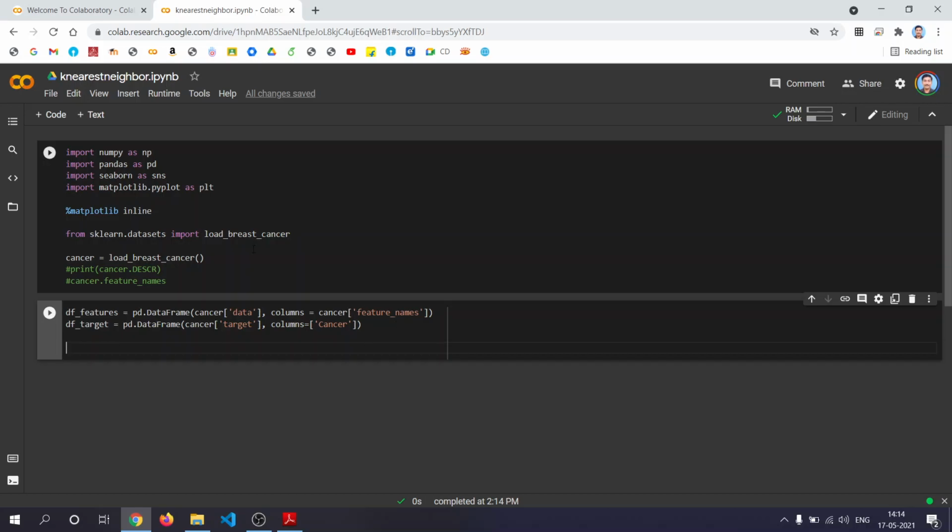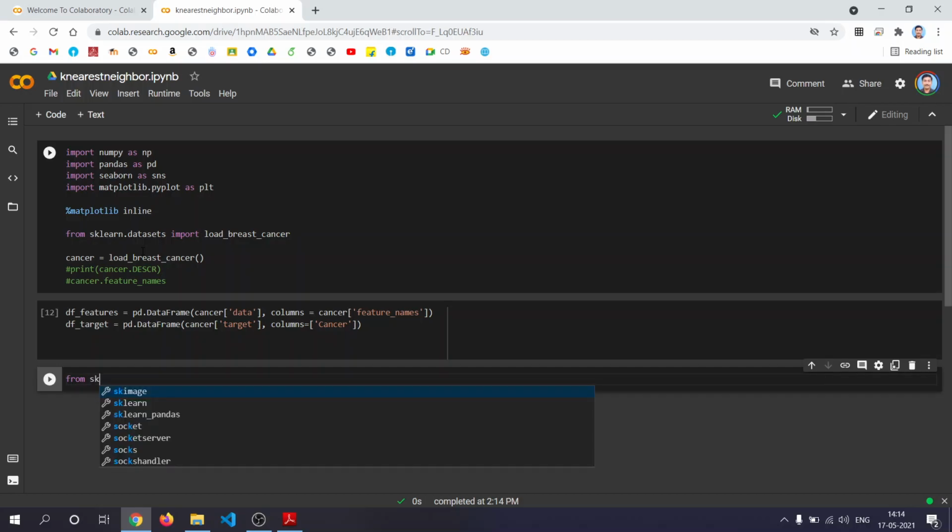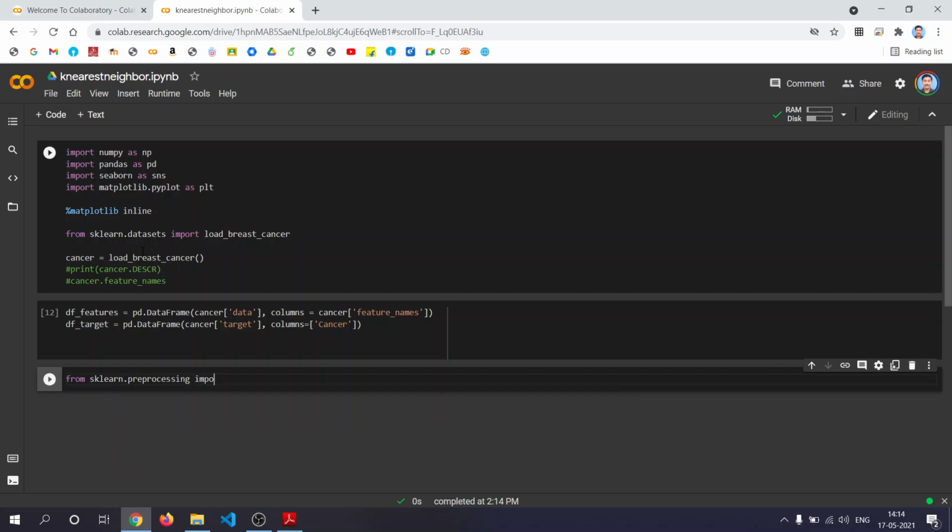Before actually going for splitting and training and testing, you need to apply a pre-processing step here. Why? Because here each of the data points will be having values in different ranges. So in order to make it into a standard scaled value, you use the standard scaler function here: from sklearn.preprocessing import StandardScaler.